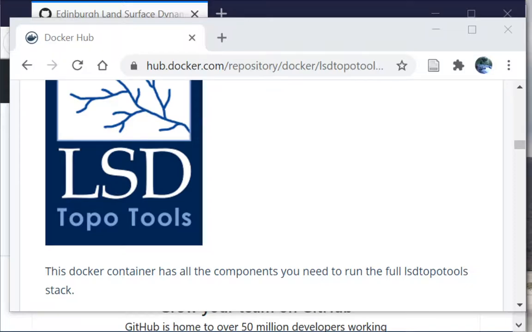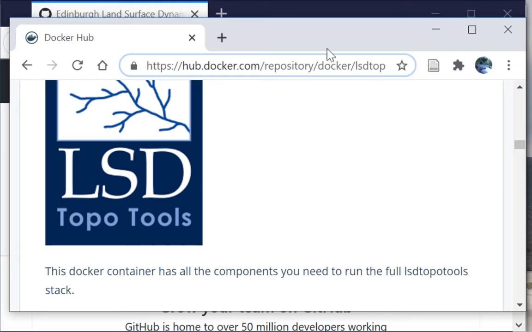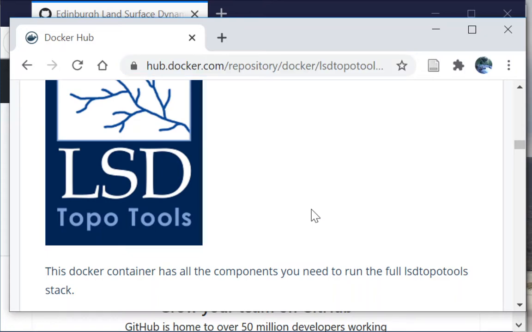This video is to show how to use lsdtopotools in an ipython notebook. So you can get ipython and lsdtopotools installed on your system, but the easiest way to do that is through our Docker container. So here's where you get the Docker container. You can basically go to this website. If you just go onto Docker Hub and go into lsdtopotools, into the pytools Docker, you can get that Docker